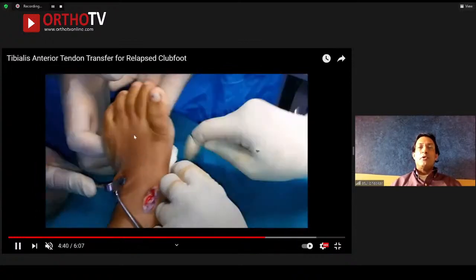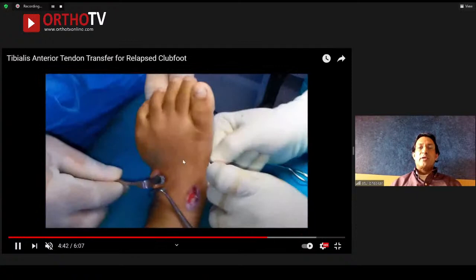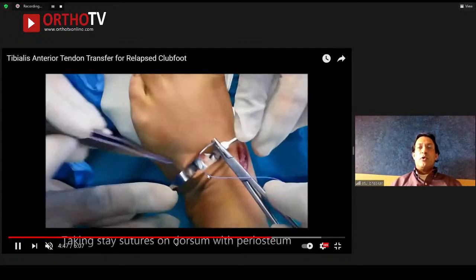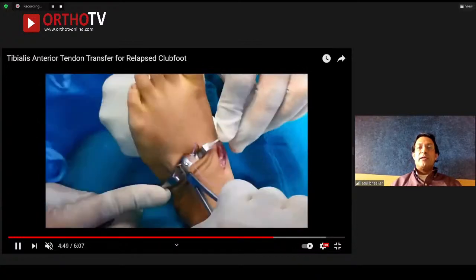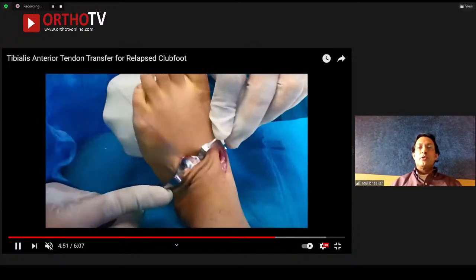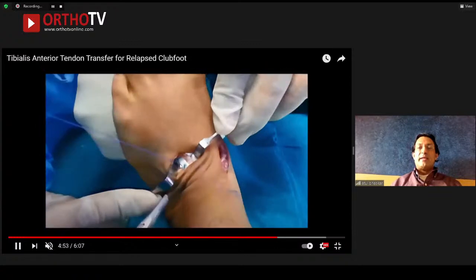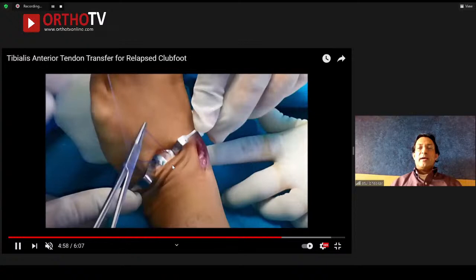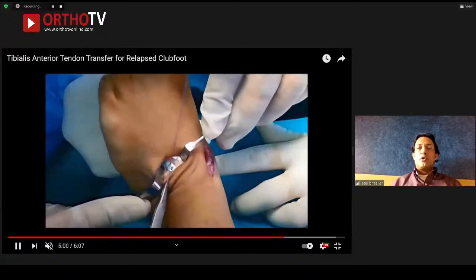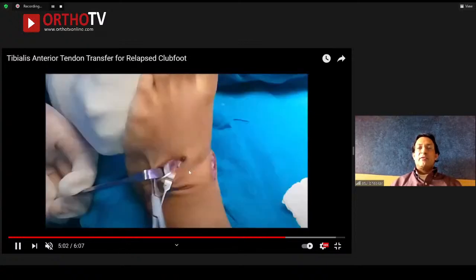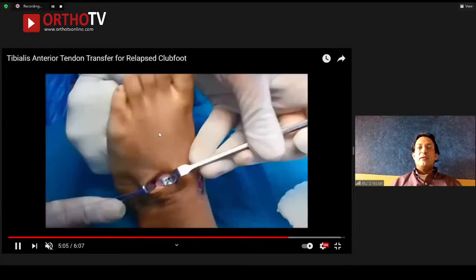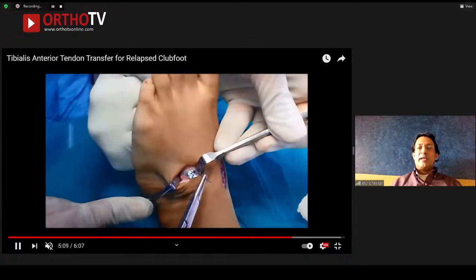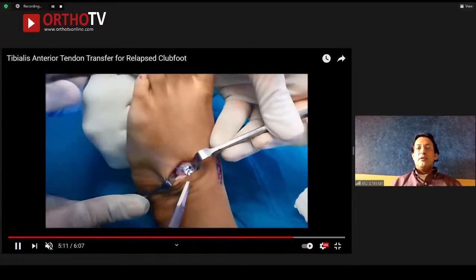The foot must be kept in neutral dorsiflexion and slight overcorrection. This is very important, so that the pull of the tendon is right where you want it to improve the eversion as well as the dorsiflexion. And once you do the plantar stitch, you can then come back and take some periosteal sutures here, so that the tendon is well covered and you get a nice tendon to bone contact. And this is a very important step. So there is no laxity here. You have someone holding the foot, someone holding the threads, and then you're tying this tendon. So this is an important part of